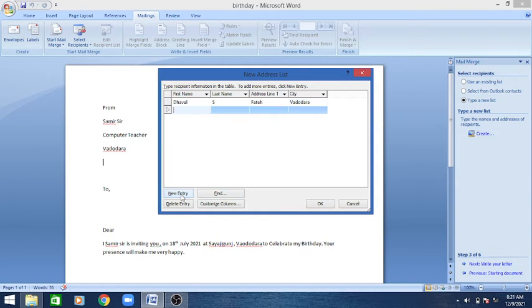Now new entry, say Manish, tab, say T, tab, say Nizampura, NIZ, tab, say Anand City.